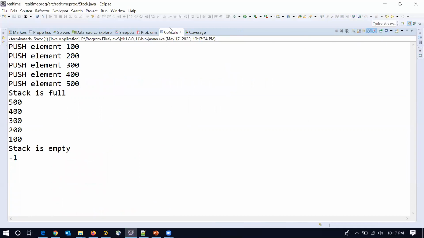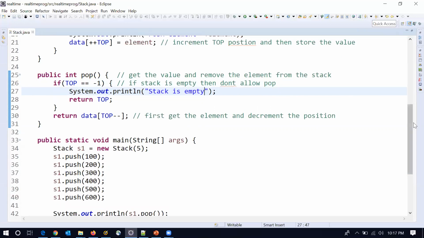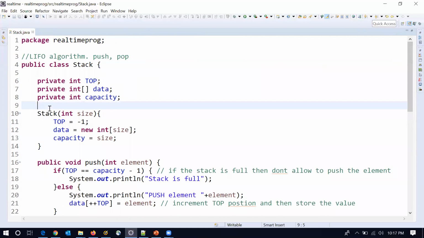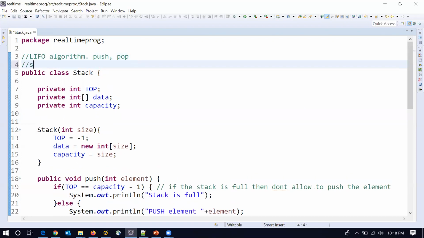One last point I would like to explain: what is the time complexity for the stack? Because in the stack we are only either adding an element or removing an element, the stack complexity I can write here: the time complexity for the stack is nothing but O of 1.